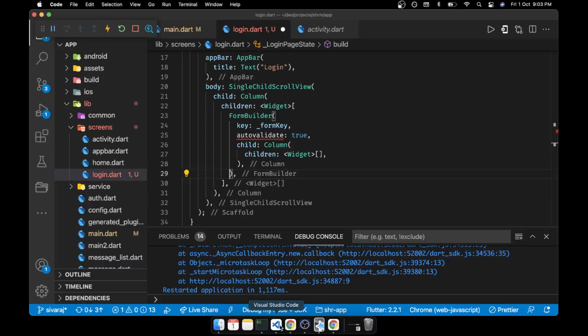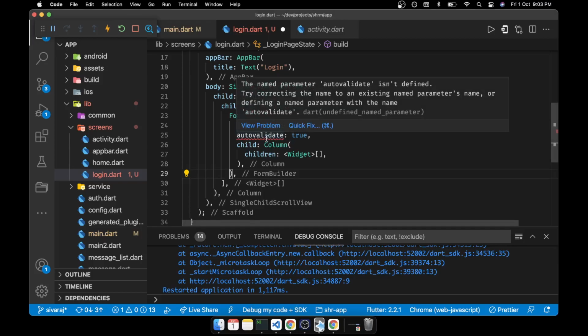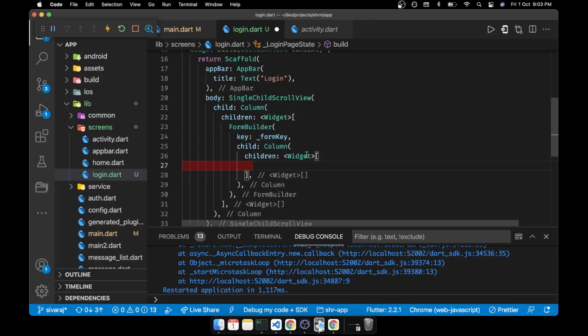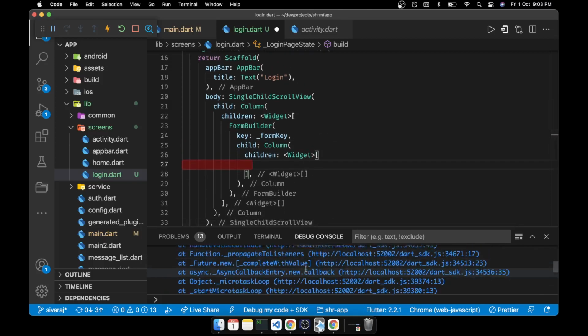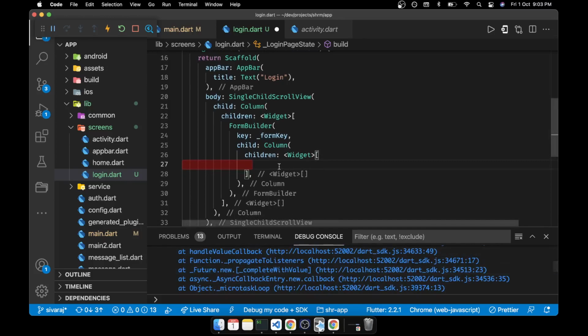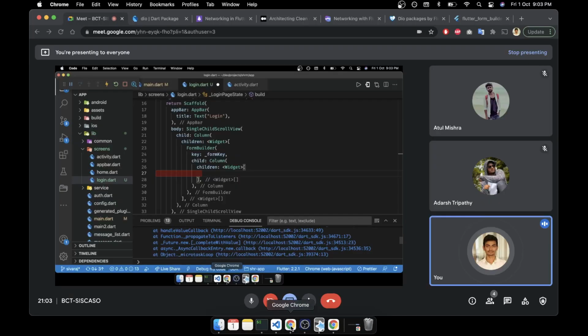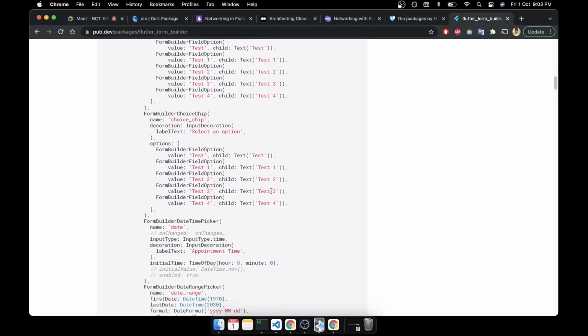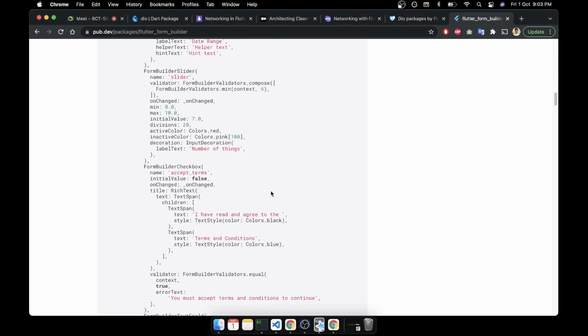So where were we? Okay, so we are just building something, right? Auto validate. So maybe it might not be there, so we'll just go ahead. Now we just copy pasted some of the things, and then we'll try to see whether data are there or not. So we'll bring the text item and try to see the text one.